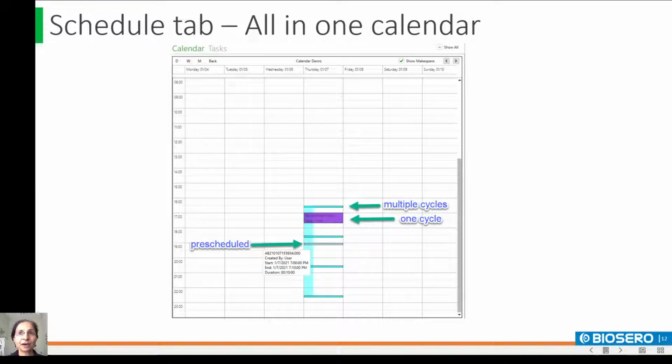The truly novel thing about Green Button Go 2021 is the ability to provide all of this functionality within one interface where each operator in the lab can find the ideal scheduling tool for his or her task, and everybody can see the relationship between various scheduled runs on the same calendar.